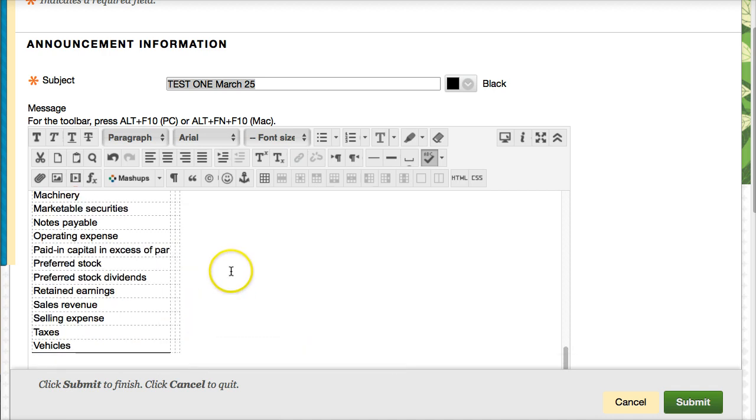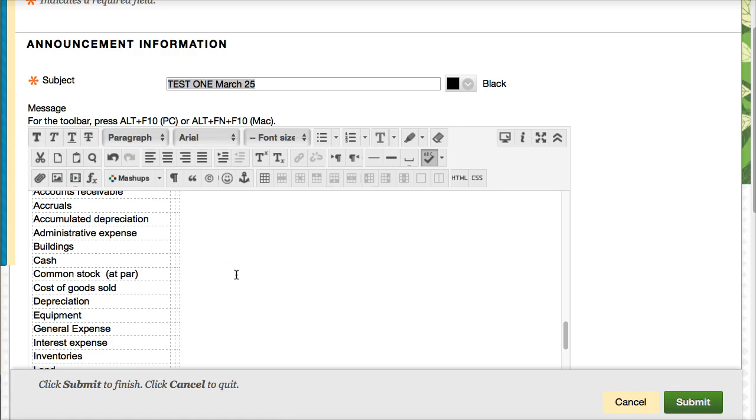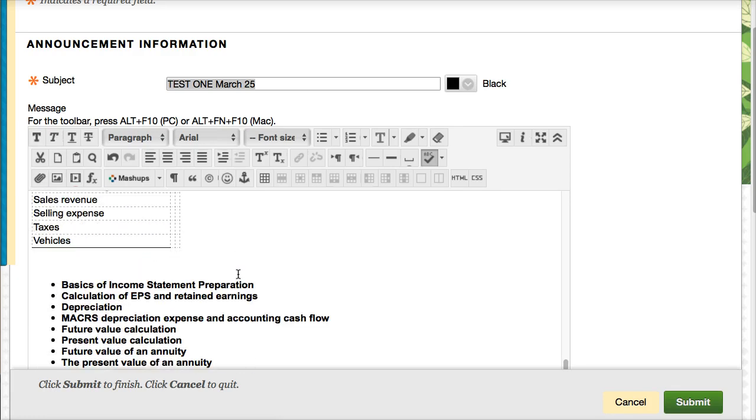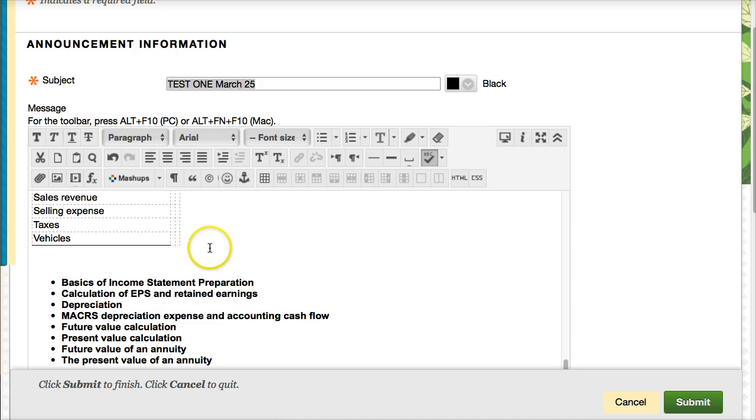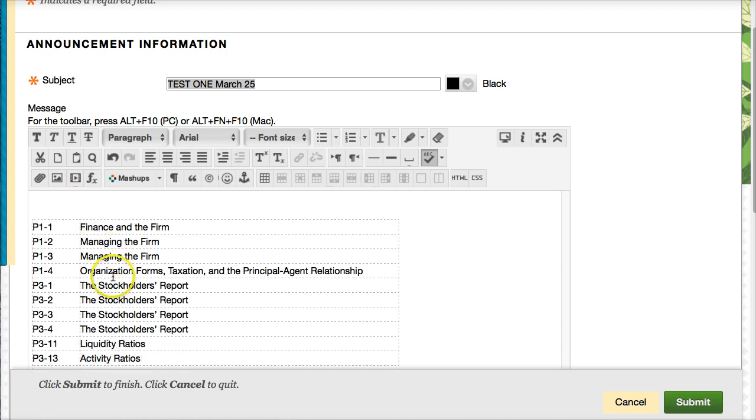So these are all topics that are going to be part of the multiple choice as well as the problem sets. It's not limited only to these topics, but these topics will cover surely 80 to 90% of the questions on the exam from those first 5 chapters. Now the specific problems for the chapter, I actually listed out the problem number. So you can review the homework and match up these problem numbers to the different homework problems, and you're going to see not identical problems, but problems very similar with different numbers on the exam. So studying the homework is probably the best way to study for the exam.